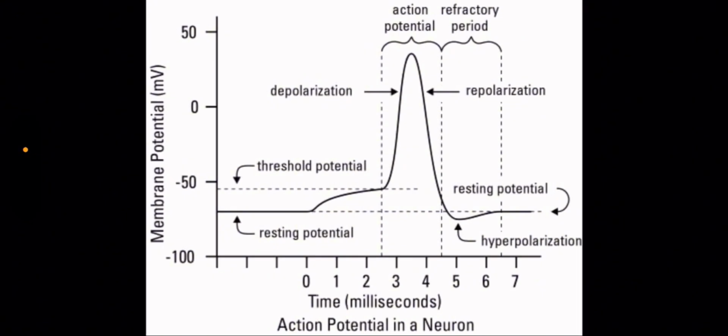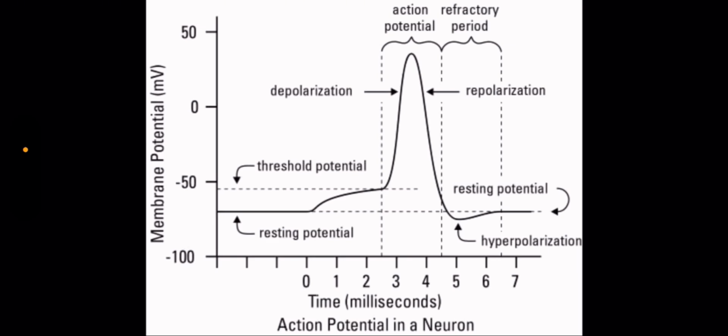However, the cell does not return to the resting potential without hyperpolarization. And hyperpolarization is when potassium ion channels are too slow to close. So there's a slight overshoot where too many potassium ions diffuse out of the neuron. And this potential difference becomes more negative than the resting potential, which in this instance is -65, so it might become -70 or -75. And then eventually the ion channels are reset and the cell returns back to the resting